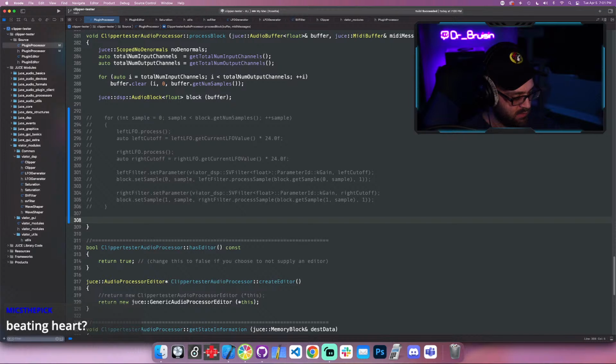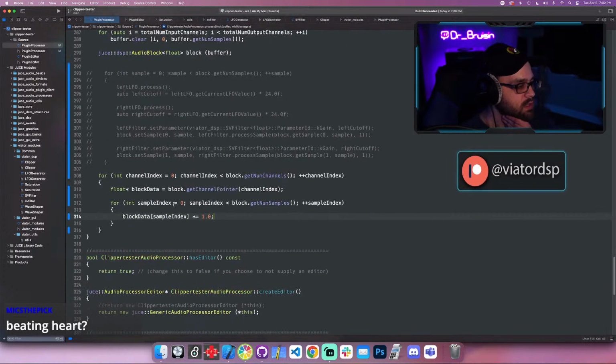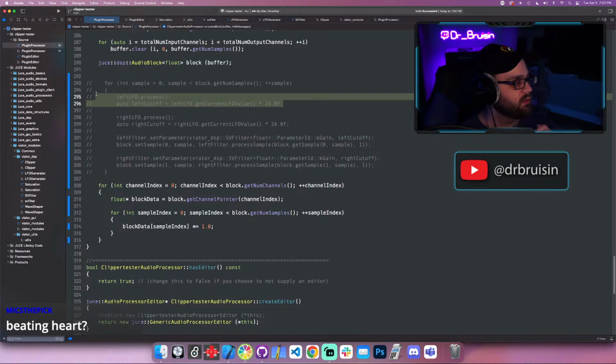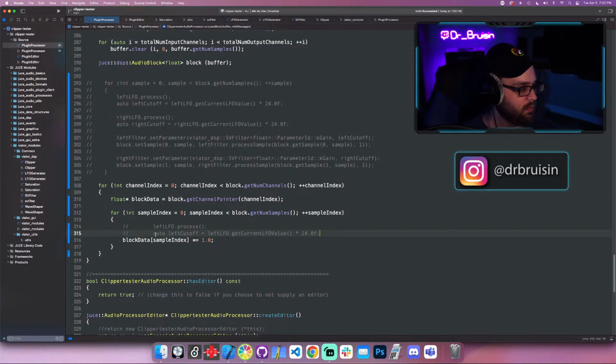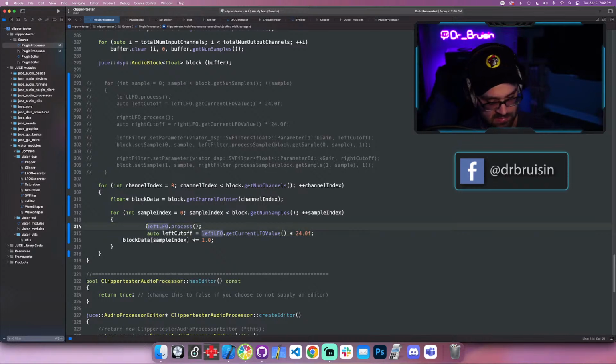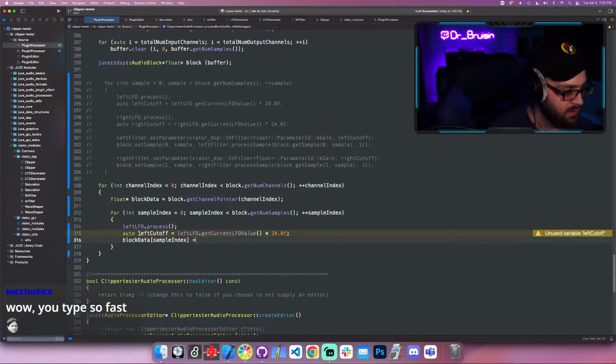I'm going to go to my snippets right here and do a block loop. And what am I going to do? I'm going to get these two. Bear with me here. So in the sample loop part, I'm going to say process, which definitely has to be in the sample loop. Left cutoff is equal to left LFO. And then we'll say block data sample, whatever, equal to